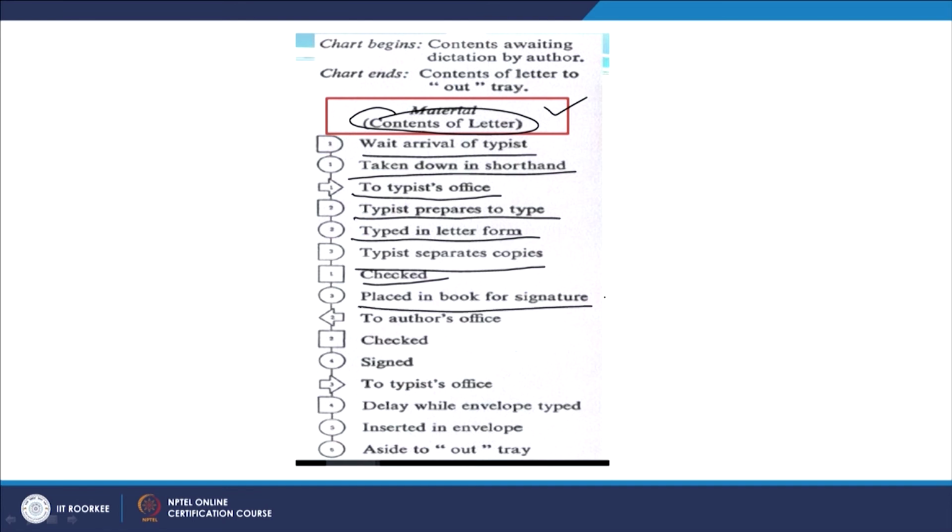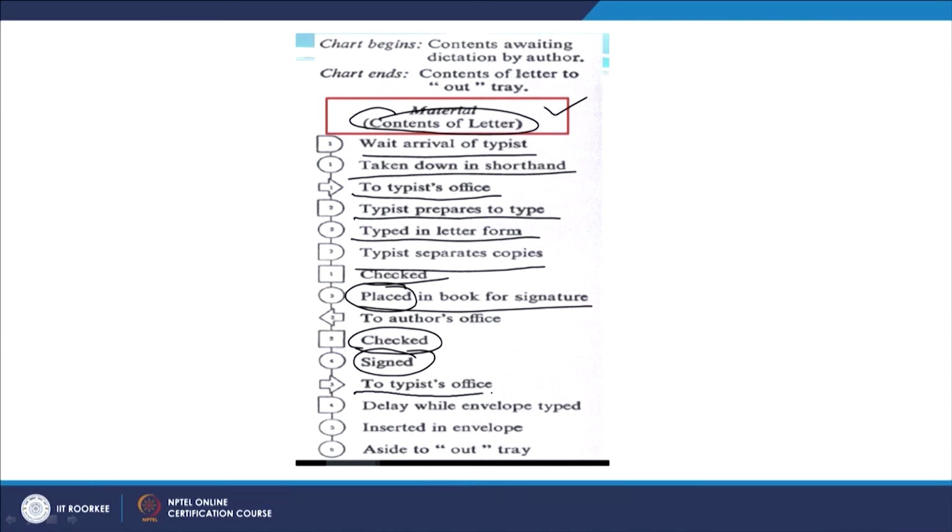When we are focusing on the operator, we say the typist places the copies in the book for signature, but here we are focusing on the material, so the material is getting placed in the book for signature. You can check, we have seen in today's session only active and passive forms. Then the material goes again to the author's office, where it is inspected, that is checked, then it is signed, then it goes to the typist's office.